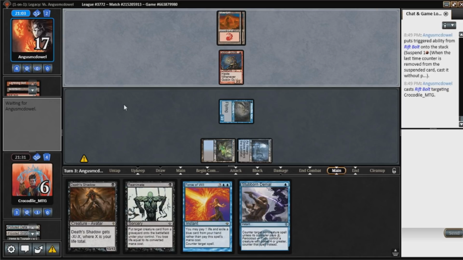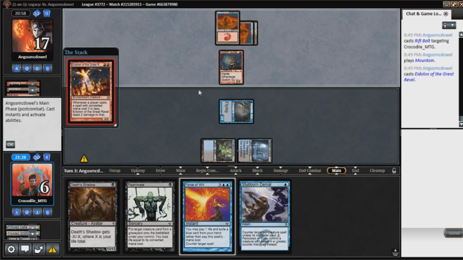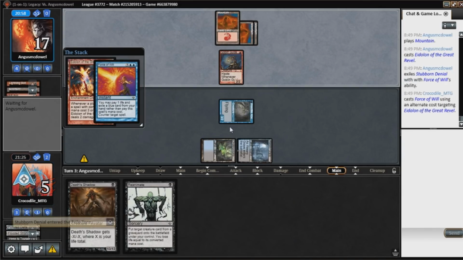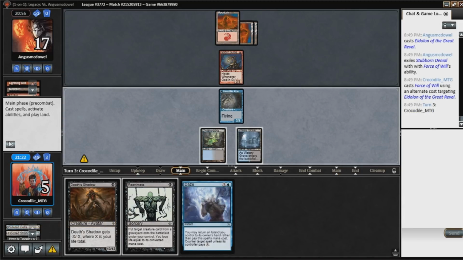Our opponent didn't swing, which surprised me. I don't think they realized that... what did they play? Yeah, I'm going to force this. And now I'm just going to play out the Shadow, and hopefully they don't find anything off the top that matters to us. And we have a Daze, so...